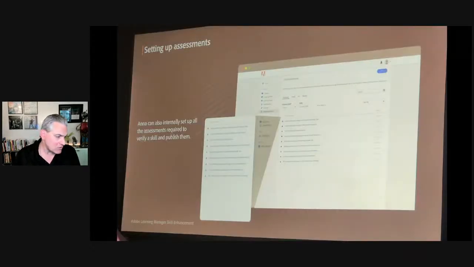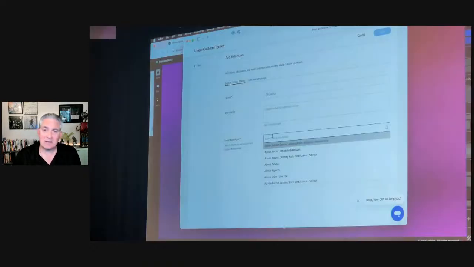So, some low-hanging fruit is going in and setting up assessments and the automation of setting up assessments. Pretty cool. They also had this really neat function, the ability to incorporate third-party or external applications within the learning management environment. Pretty wild. And they gave a demonstration of continuing education credits, which, if you think about it, there's a lot of